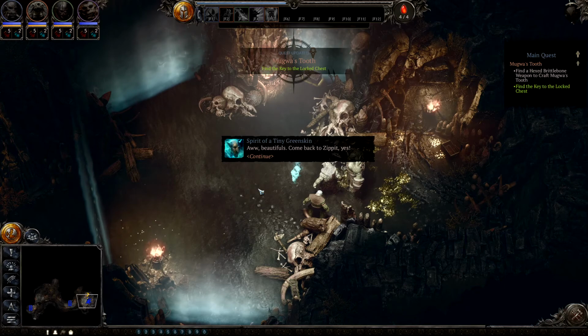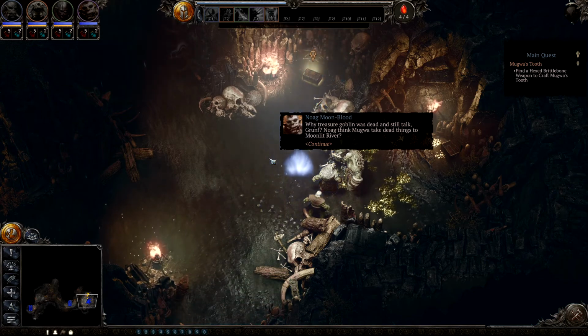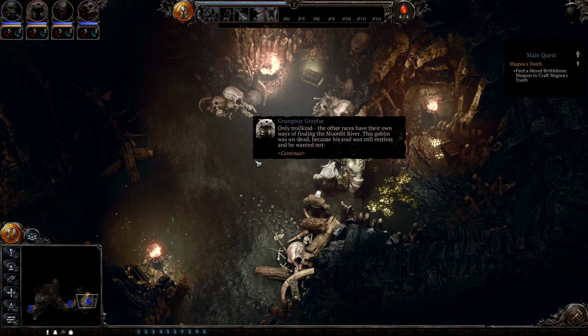Oh, beautifuls! Come back to Zippet, yes! Why Treasure Goblin was dead and still talk, Grumph? No, I'd think Mugwort take dead things to Moonlit River. Nah, only troll kind. The other races have their own ways of finding the Moonlit River. This goblin was undead because his soul was still restless, and he wanted not...